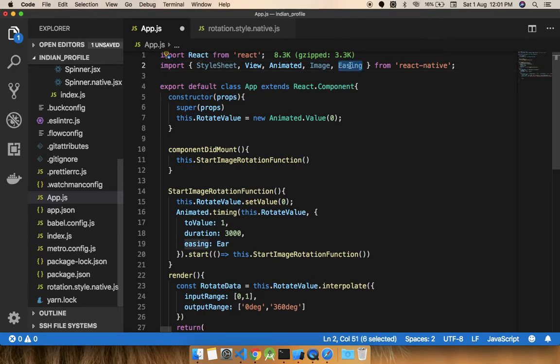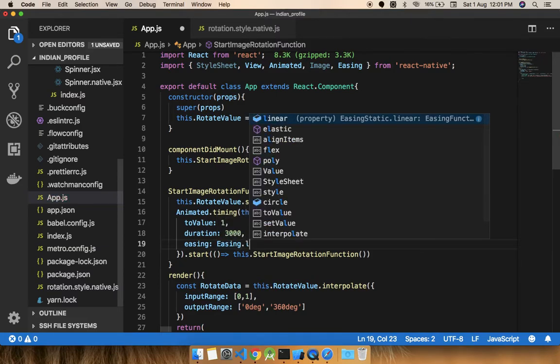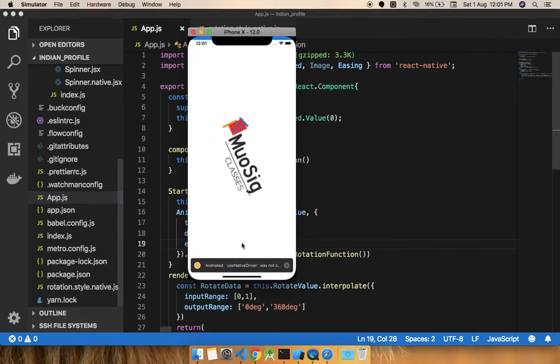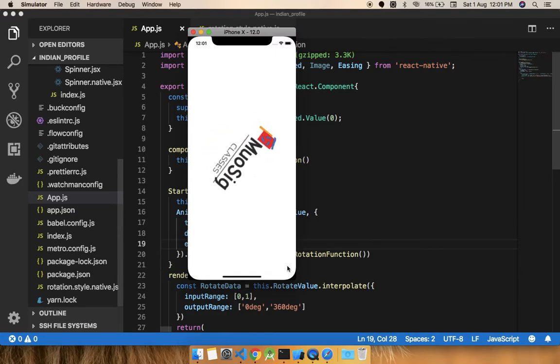Easing, okay, copy paste, and then we give the property linear. Now you can see it is not going to stop like before. Perfect. I think this is working fine.